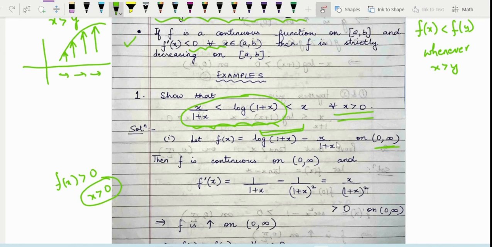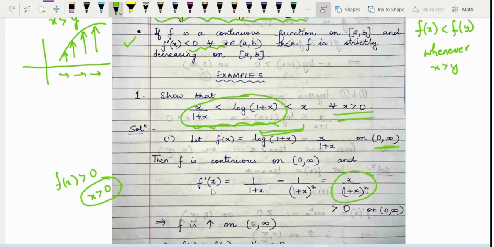So this function is well defined on (0, infinity), and it's very clear that it's a continuous function as well. If we look at the derivative of this function, it's easy to see the derivative of log(1 plus x) is 1 upon 1 plus x, and for this, if you apply quotient rule, everything simplifies to this expression x upon (1 plus x) whole square. And since x is given to be positive in the question, the domain is the positive side of R. So R plus basically. So this f'(x) is clearly greater than 0 on (0, infinity).